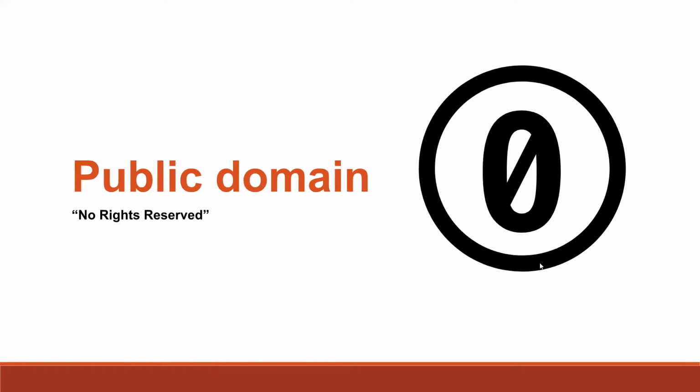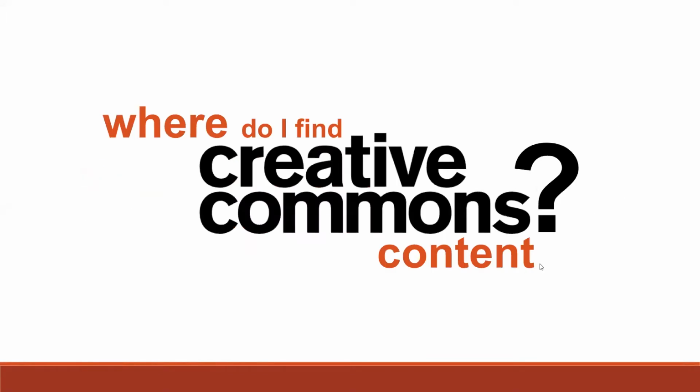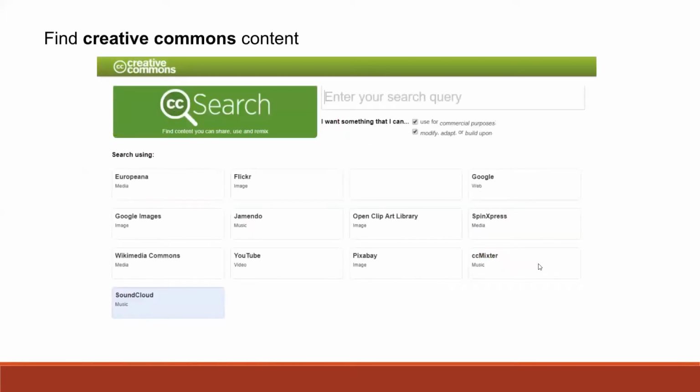So now that we've talked about the options you have as users via Creative Commons, I'm sure you want to know, where do I find Creative Commons licensed media? Well, the lovely people at creativecommons.org have tried to help by providing a search portal that will point you to several databases with Creative Commons content. This is a screenshot of the search page,